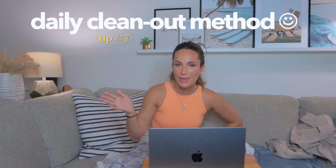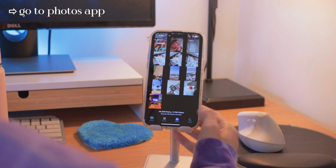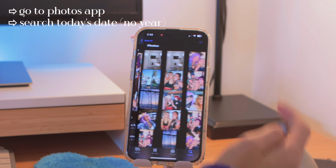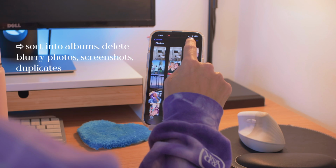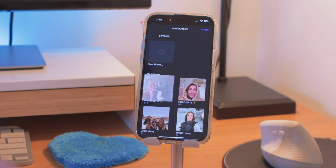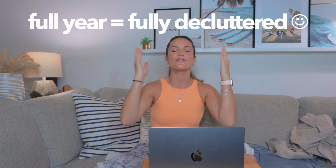Other things to delete in bulk: photos off your camera roll. One of the most daunting tasks, by the way, and I have a whole entire video dedicated to this, so I'll link it down below. But for the everyday task, I recommend my daily clean out method. It's the best. Basically, at some point every single day, go into your photo app and type today's date into the search bar. It'll bring up all the photos and videos from that day across the years. And then you can just take a couple minutes to sort those things into albums, delete screenshots or blurry photos or duplicates. And even though this is just a very small item every single day, in a full year, you will have a fully decluttered camera roll, which is just...